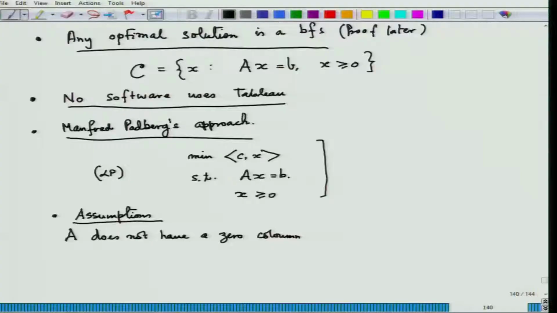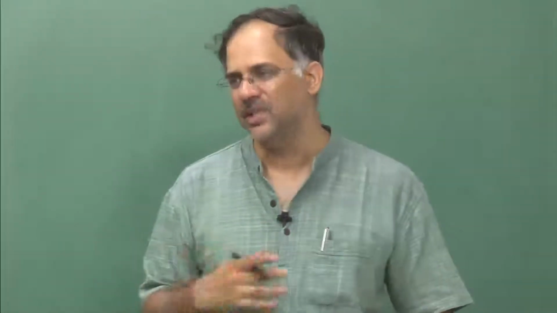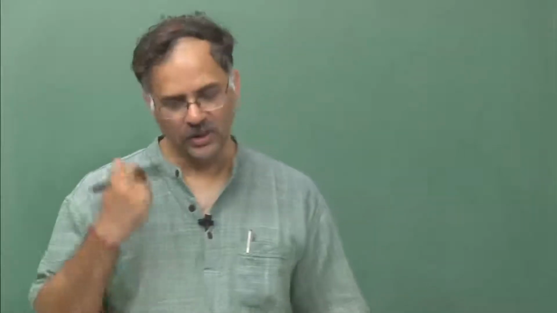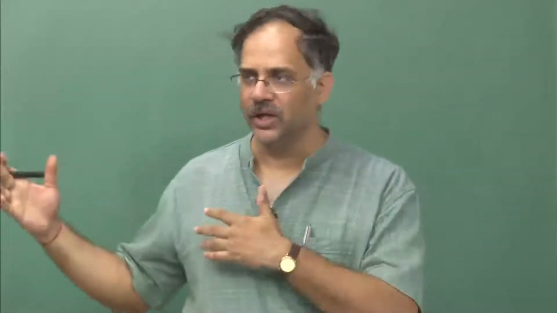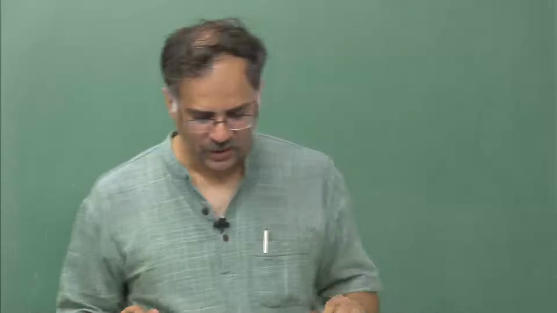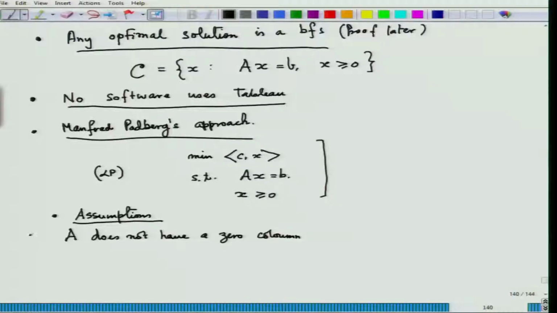So, if A has a 0 column, that 0 column would not interest us. From a computational point of view, we do not want an A which has a 0 column. If it is a 0 column, we really have to get rid of it. So, the first assumption is A does not have a 0 column, and the second, which is the standard assumption,